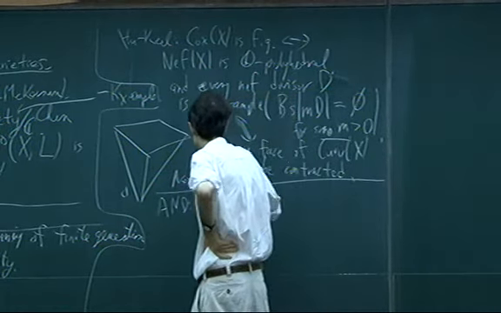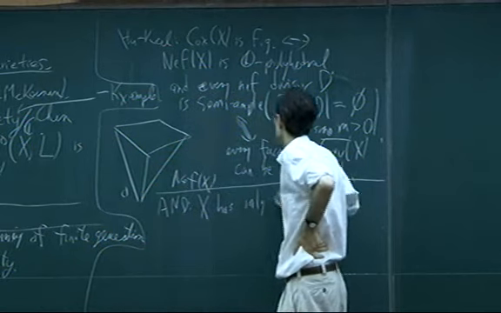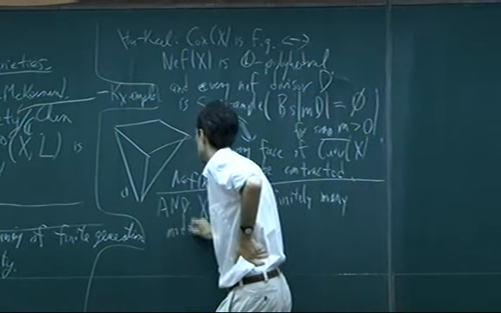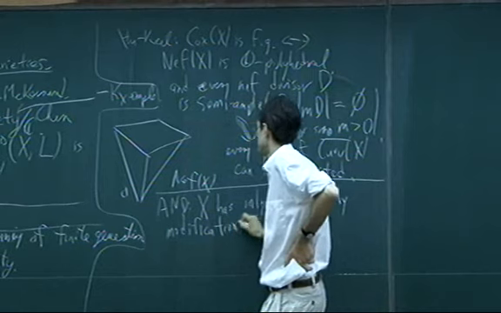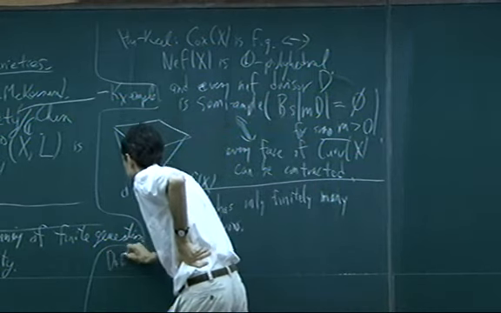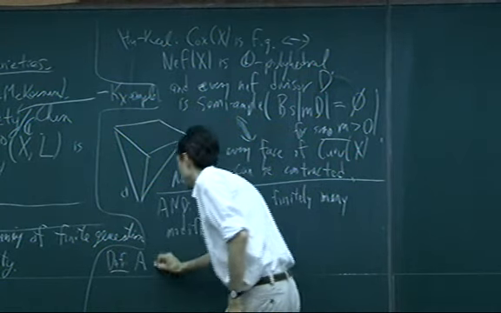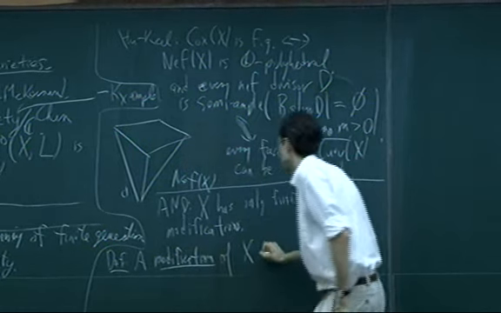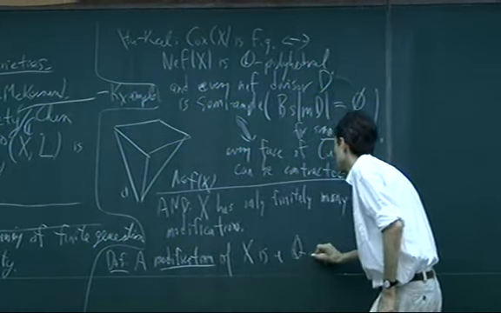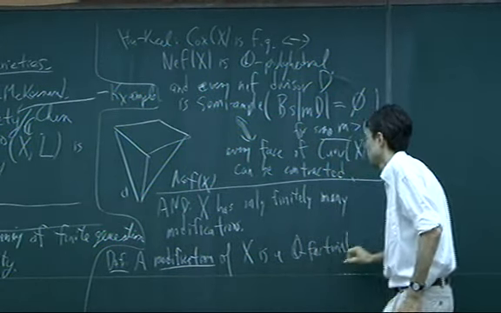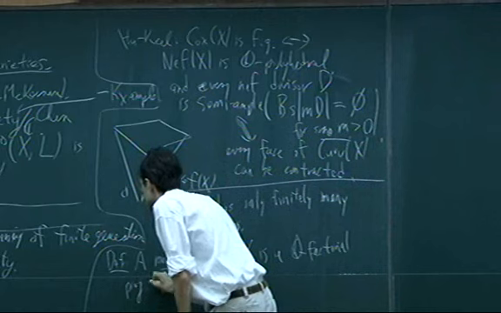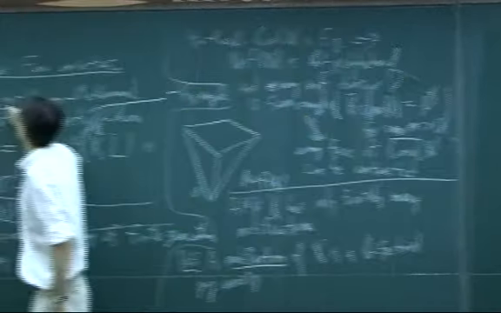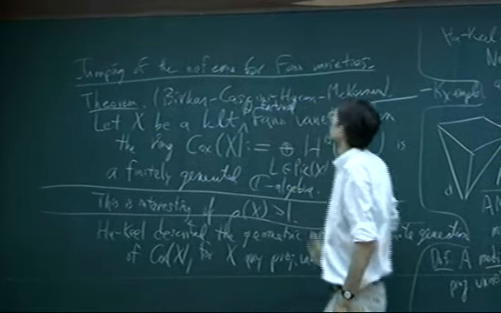Here goes. X has only finitely many modifications, which I'll define in a second. So say that for this talk anyway, a modification of a projective variety X is some other Q-factorial projective variety Y. I don't quite know, but maybe I wanted to assume Q-factorial there. I'm not sure. Probably doesn't matter.